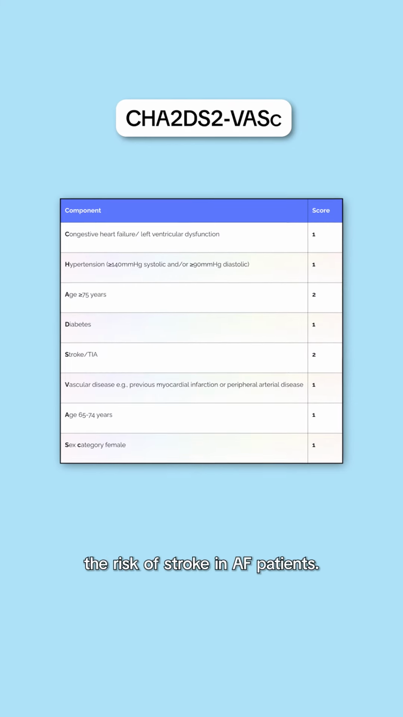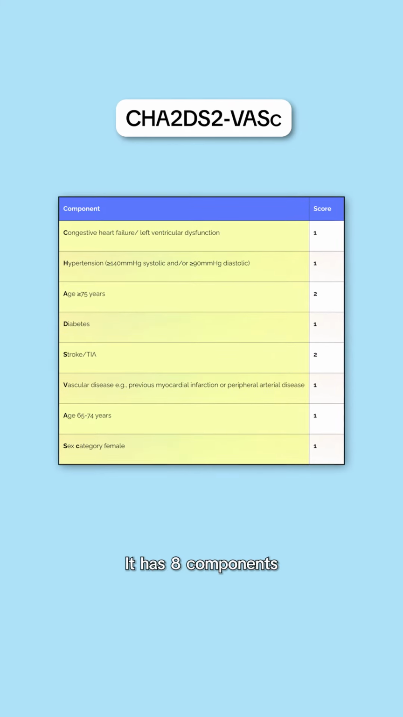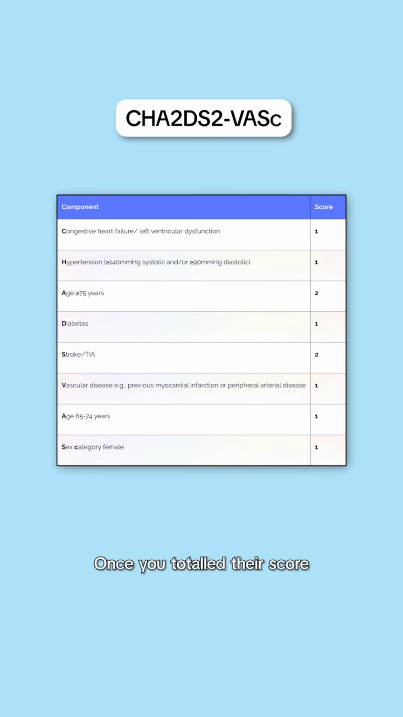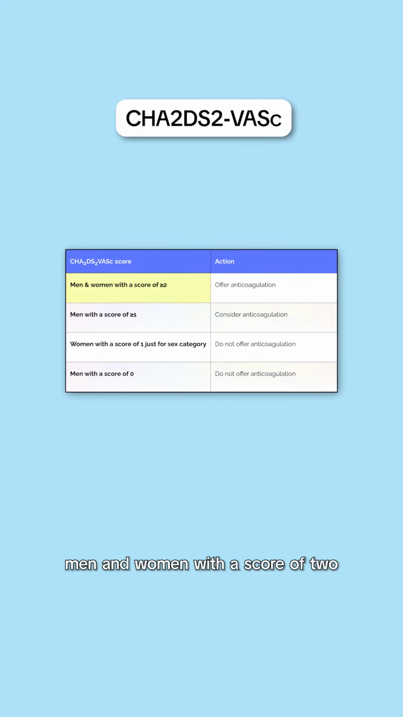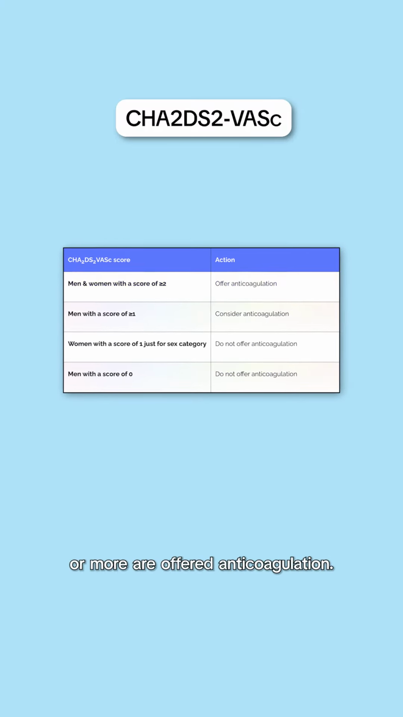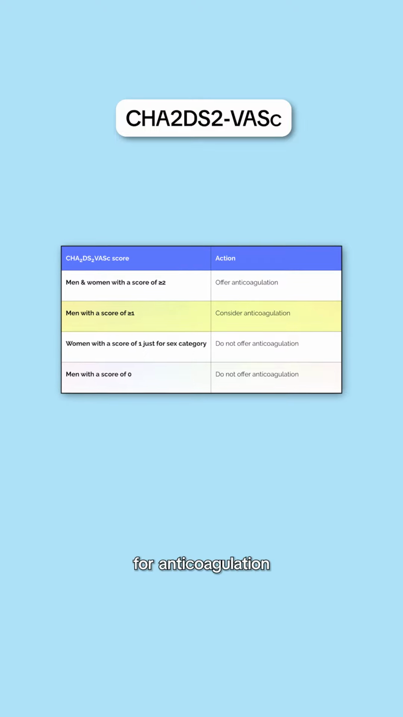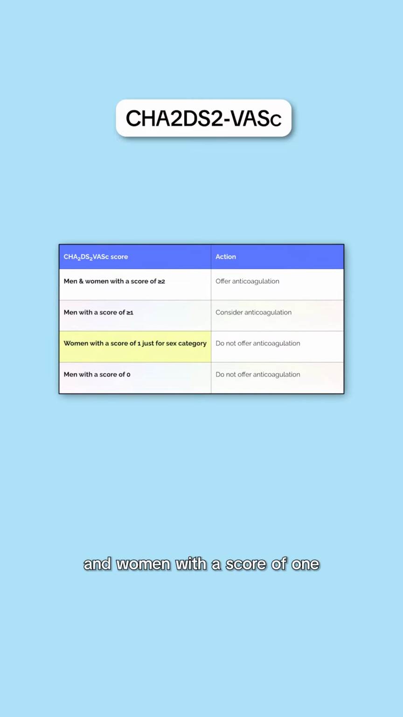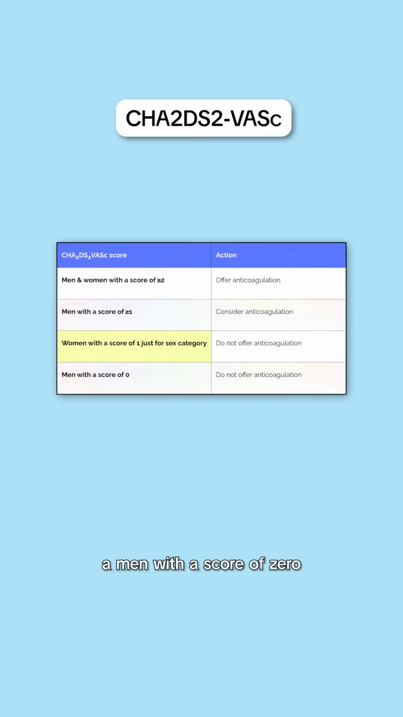CHA2DS2-VASc calculates the risk of stroke in AF patients. It has 8 components which consist of different risk factors. Once you've totaled their score, men and women with a score of 2 or more are offered anticoagulation. Men with a score of 1 or more are considered for anticoagulation. And women with a score of 1, just for the sex category, and men with a score of 0 aren't